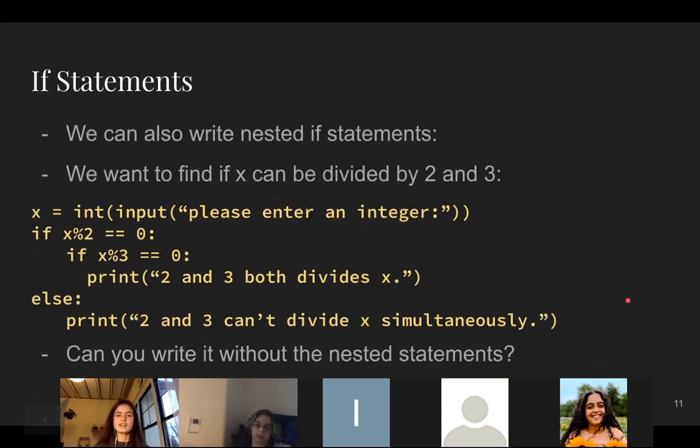Yeah, and we can also write nested if statements. So if we want to check if x can be divided by 2 and say 3, same code as before, except we have this extra if statement inside our other if statement. So yeah, you can just have nested and nested and nested if statements, which gets confusing fast, but you can